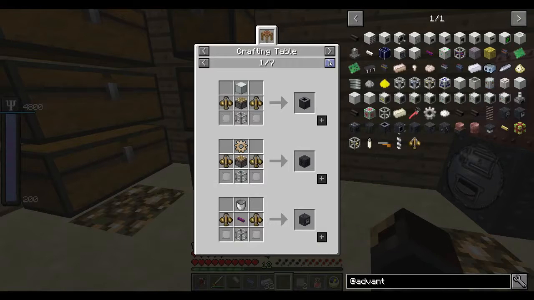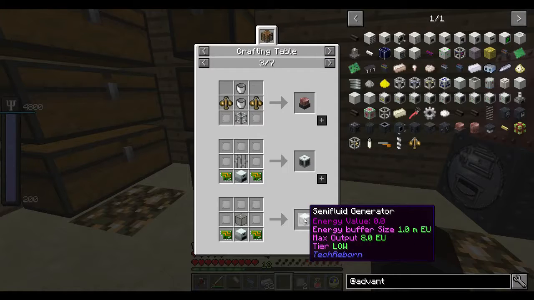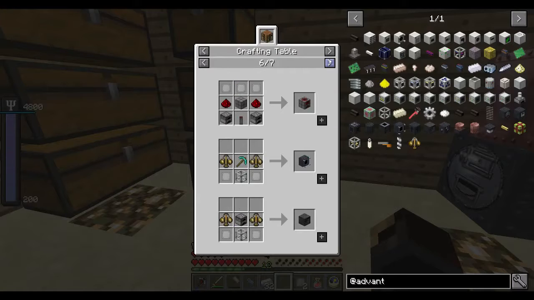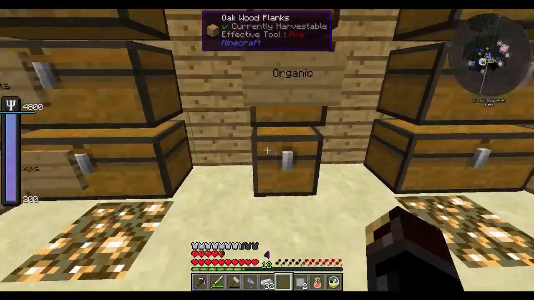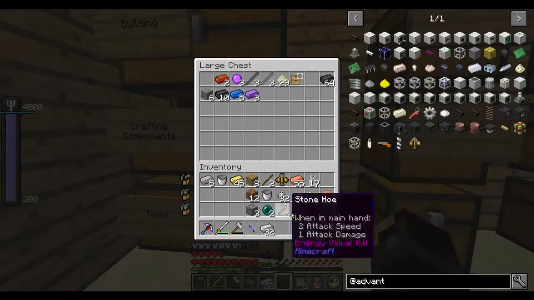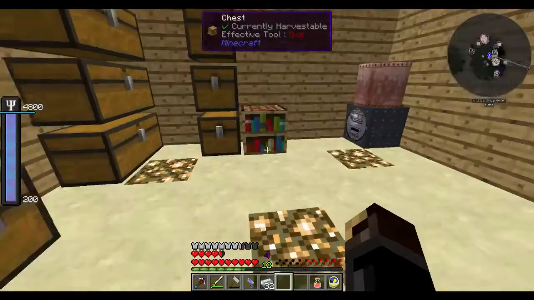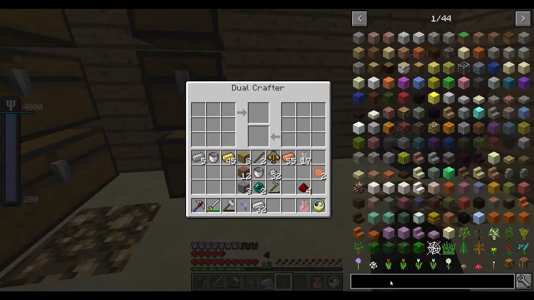Does this get used ever again for anything in Electric Advantage? Well, it will get used in Tech Reborn. Quite a bit by the looks of it. No, I don't see it being used in Electric Advantage. So this can go into crafting components, as can this. These are being held on to. So now what we need is